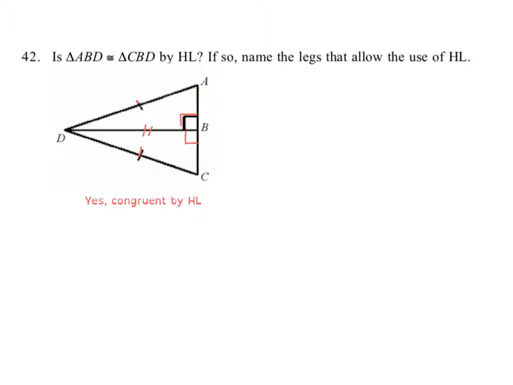And what is the leg? Well, for both of them, it's DB. We can just say DB is congruent to DB, because even if we were to flip it right on top of each other, we would see that the letters land in the same place. So I'm going to say DB is congruent to